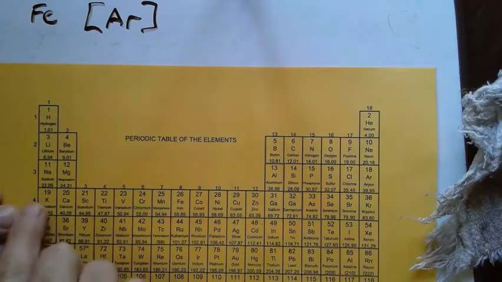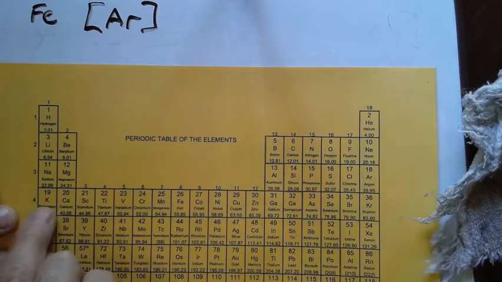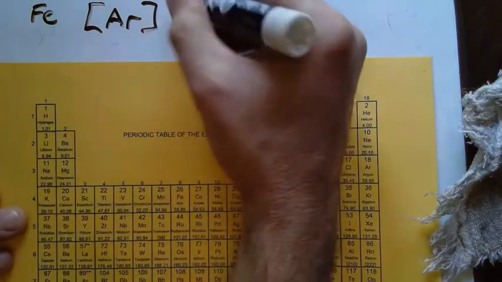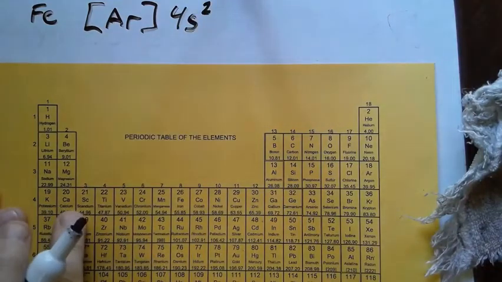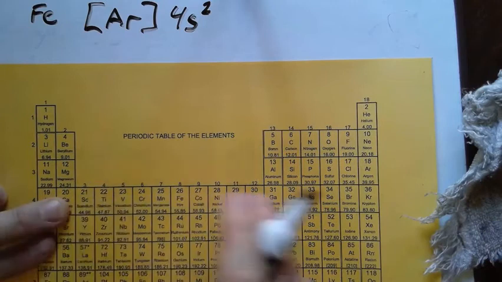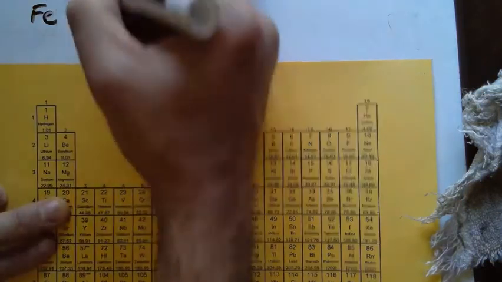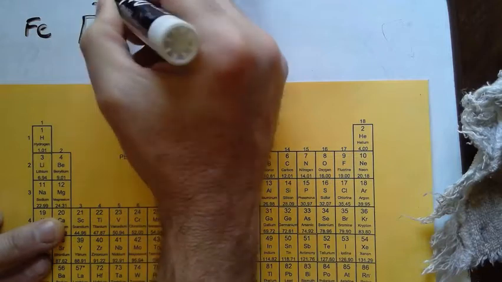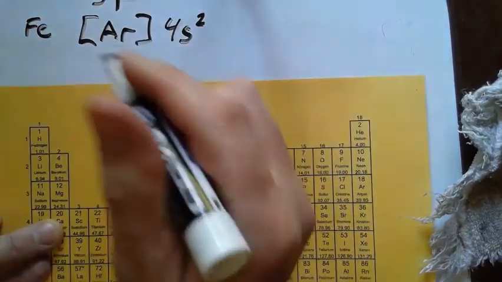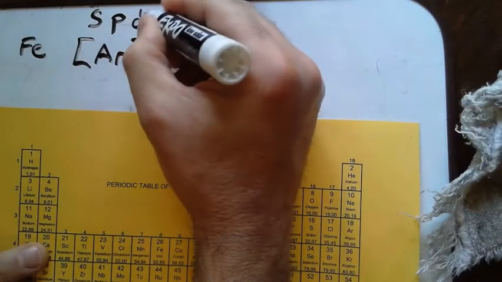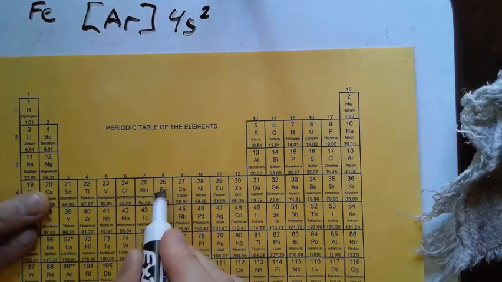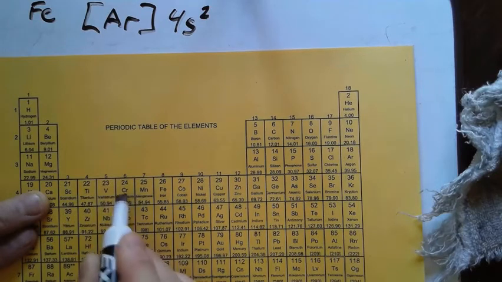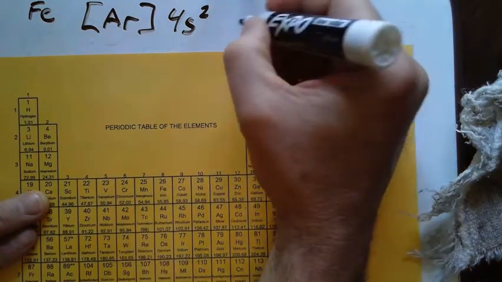Then I have s's. Now this is in row 4, so that's going to be 4s, and it's 1 and 2. So that becomes 4s2. Then we jump over to here. Now remember, this block is the F block. Remember, it goes s, p, these are the d blocks. It goes s, p, d, and then f. So on the d block right here, iron is the 1, 2, 3, 4, 5, 6th one over. So we know it's going to be